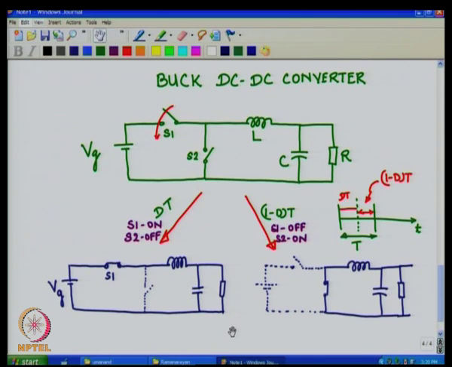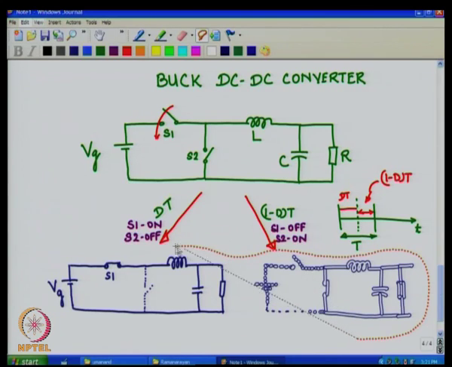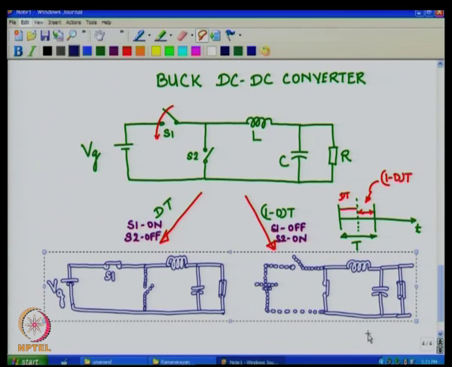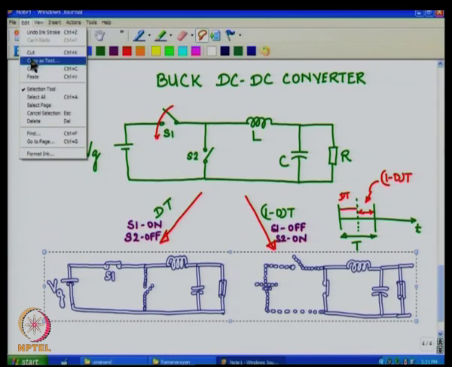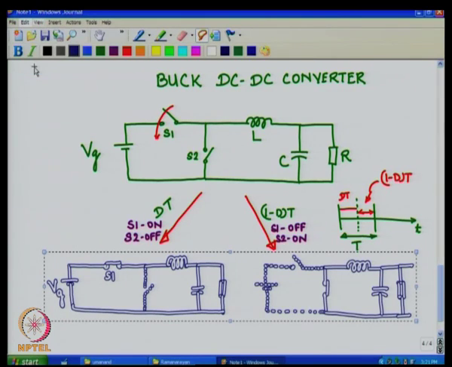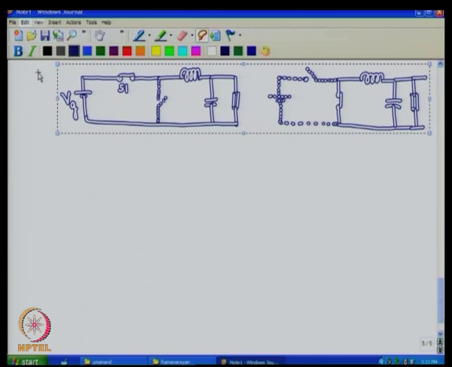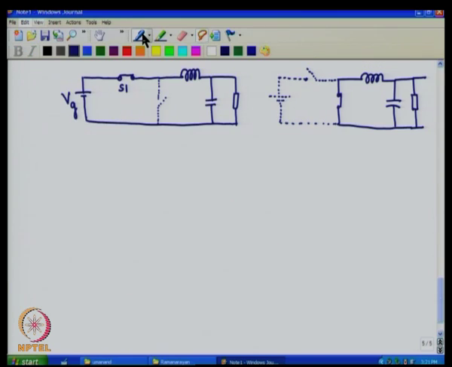So, we shall do just that, but before that let us copy this portion of the circuit and take it on to a fresh page,